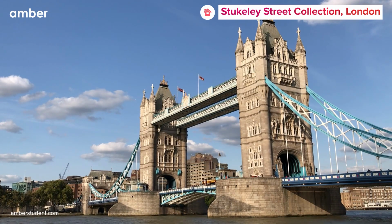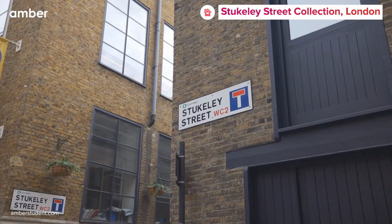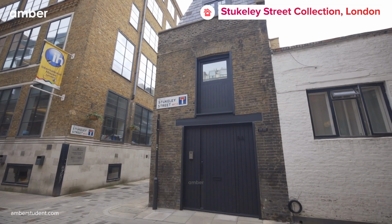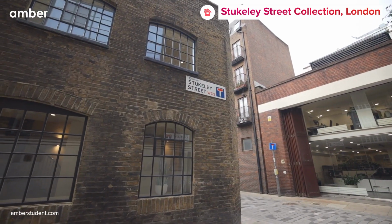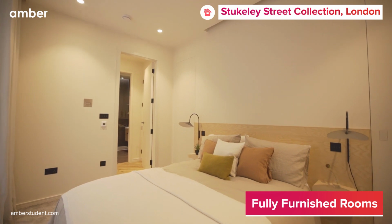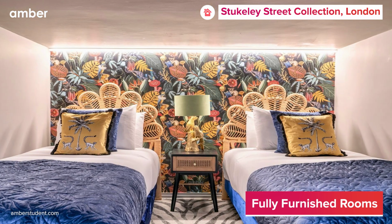Buckle up for a truly exceptional student housing experience in the bustling city of London. Introducing Stukeley Street Collection, an exceptional haven promising to stay a lifetime. Nestled in Stukeley Street, this stunning abode presents a range of newly refurbished luxury one-bed and two-bed split-level apartments tailored